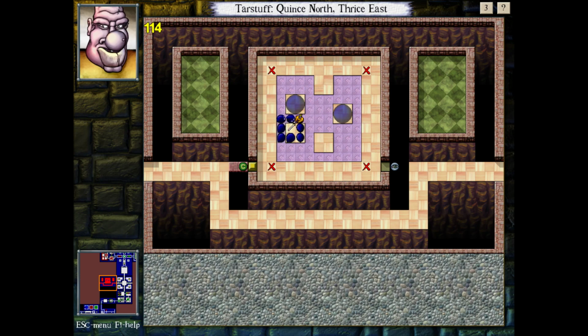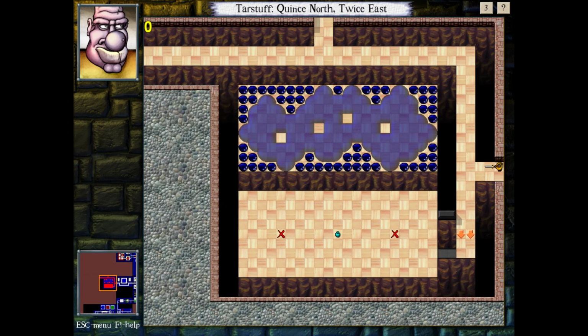Oh, there we are. Right, so hopefully the reasoning behind how that had to work made sense, why I left those two, hopefully that made some sort of sense. Now this room,